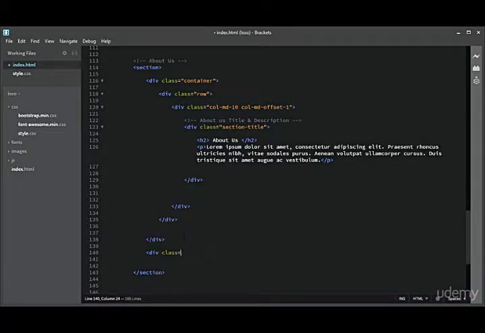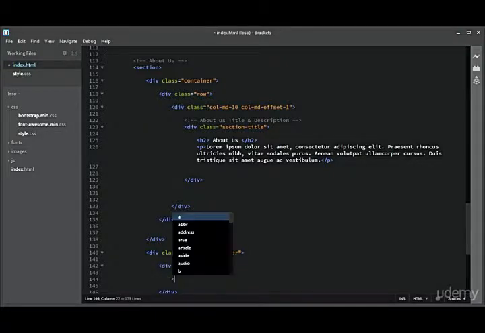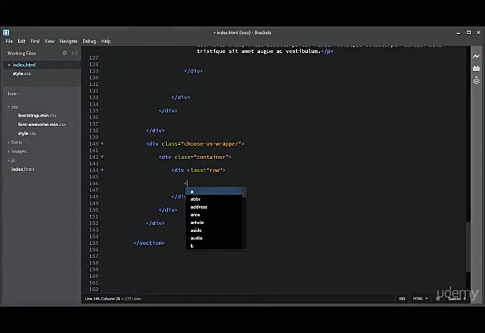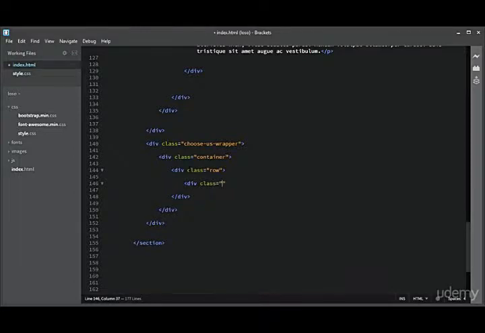I will add a wrapper for the choose us part, and inside that I will create a container, and inside the container I will add a div with class row, and inside the row I will divide the row into 6 columns, with class of column MD-6,